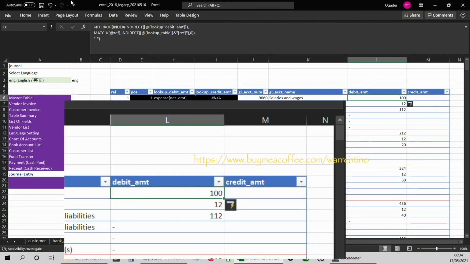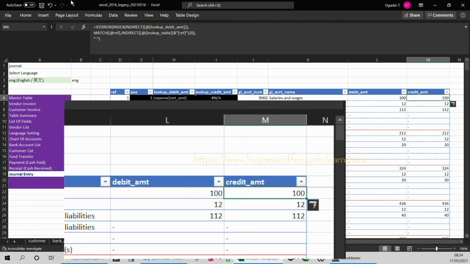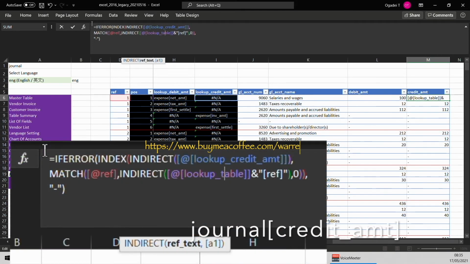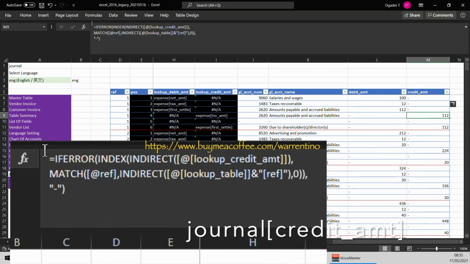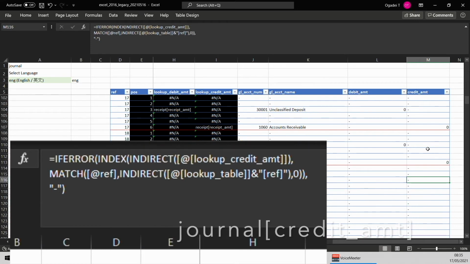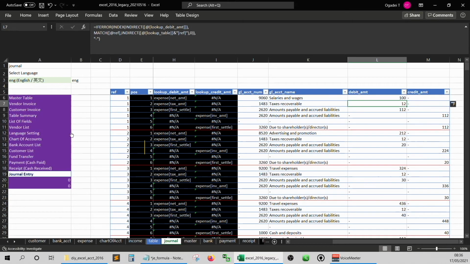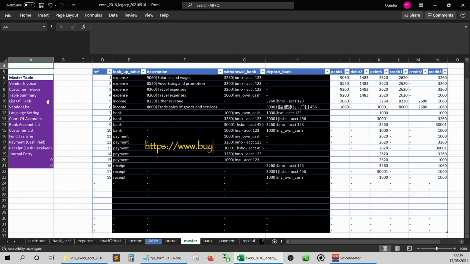Let me copy the debit amount formula to the credit amount column and change it this way. Go back to the vendor invoice and copy the reference description.